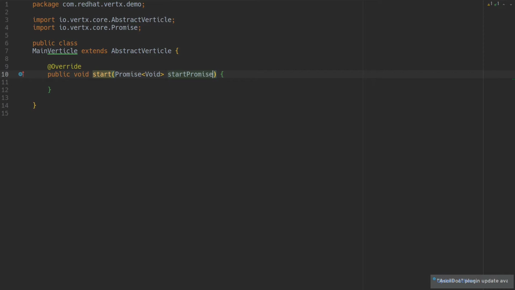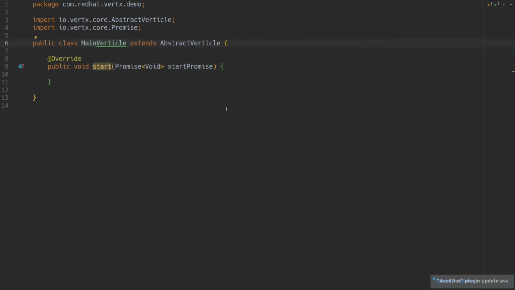And when you use this method in a verticle, it allows you, when you've done all your setup, when you've gotten this thing ready to do whatever work it is you want this verticle to do, the promise can be resolved either successfully or unsuccessfully to let Vert.x know that you're ready for this verticle to be running and that it's fully deployed. So for example, let's say